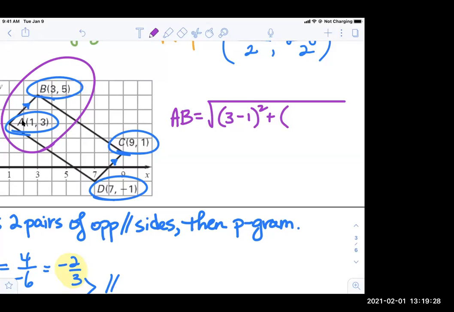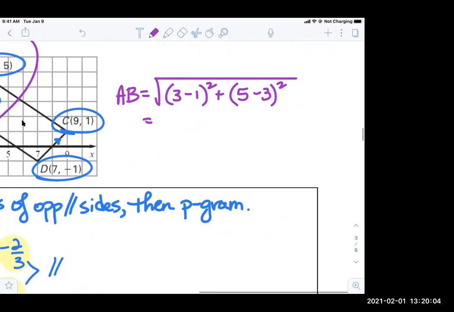Okay, but the order actually doesn't matter on this one, because you're squaring, it doesn't matter which point you start with. Just make sure that you group x's together and then group y's together. So if you do 3 minus 1, you get 2. If you do 1 minus 3, you get negative 2. Both of those, when you square them, you get the same answer. So the order doesn't actually matter as long as you put x's together and then put y's together. Okay, so then 5 minus 3, squared. Okay, so we've got the square root